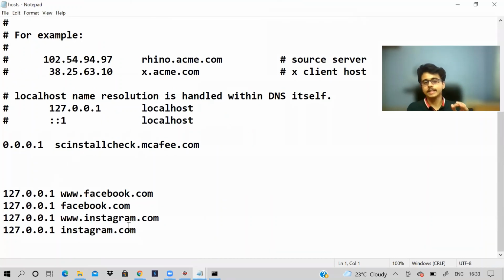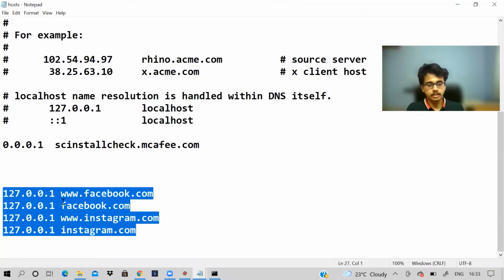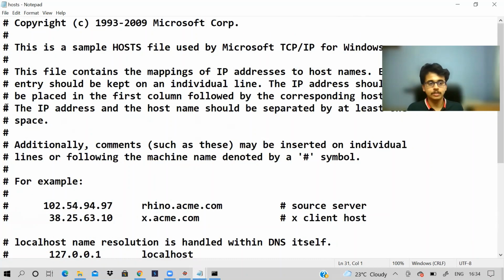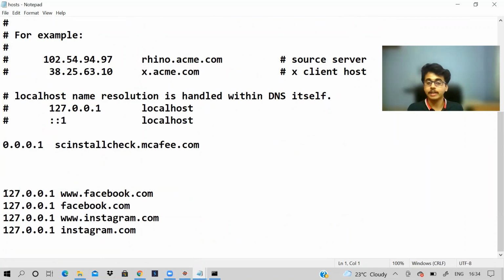So as you can see here, the host file has the domain mapped to the IP. This IP is our localhost. And you can ask me, why is it being printed from here? Basically, wherever we keep our cursor last, from there it will be printed. So that is why file.seek is very important, because we always have to place our cursor back here. That is why file.seek is important.